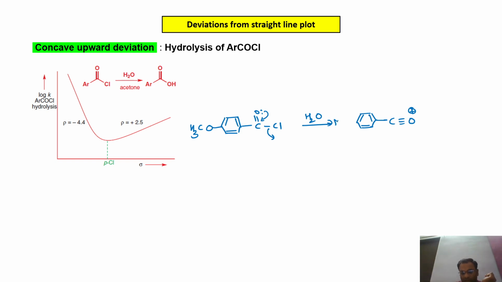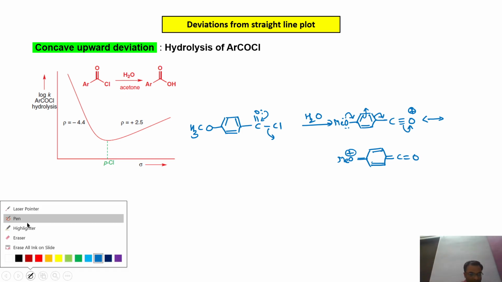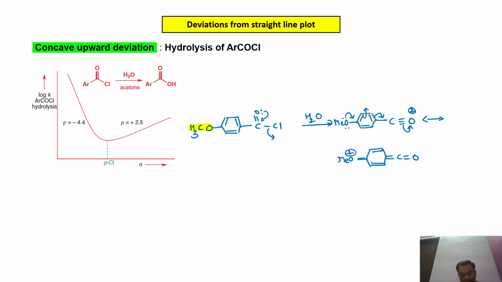Selenium ion formation. Now the lone pair of this methoxy group will stabilize this selenium carbocation via the +R effect, and therefore whenever this para-methoxy group or an electron donating group, a strong electron donating group like NH2, OH, or the methyl group, all these strong electron donating groups will stabilize this selenium cation, and therefore will